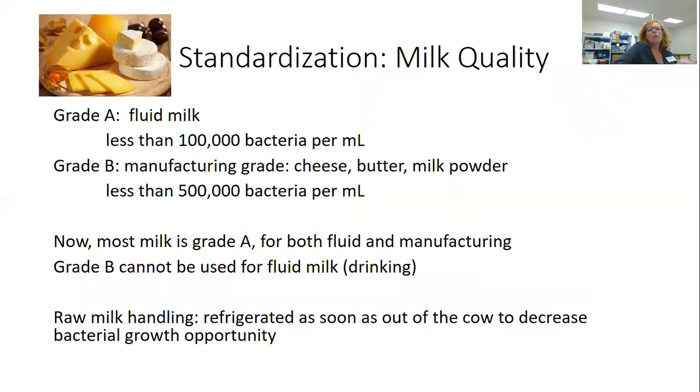So again, when we talk about standardization, grade A milk, here's the definition for the difference between grade A